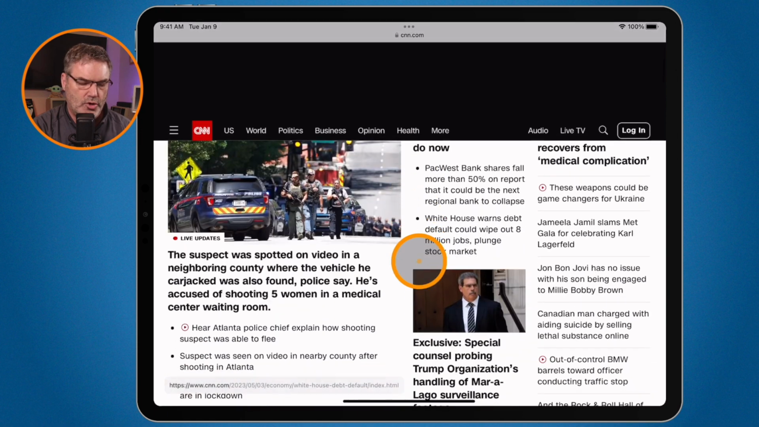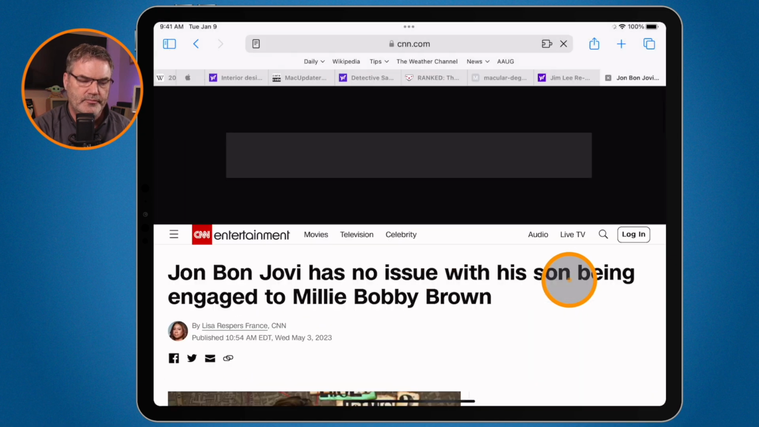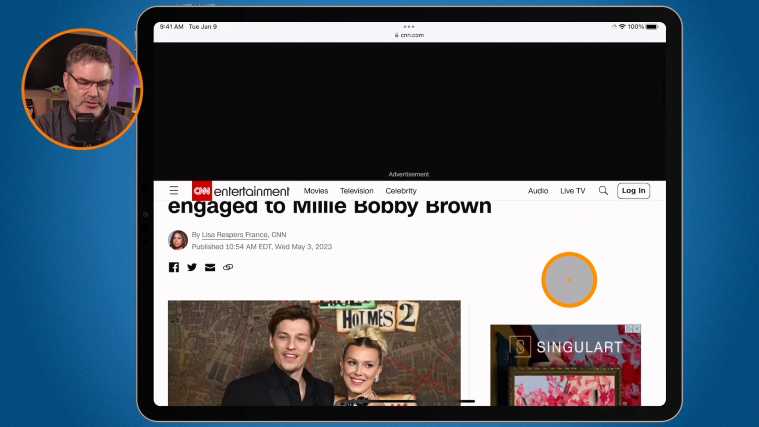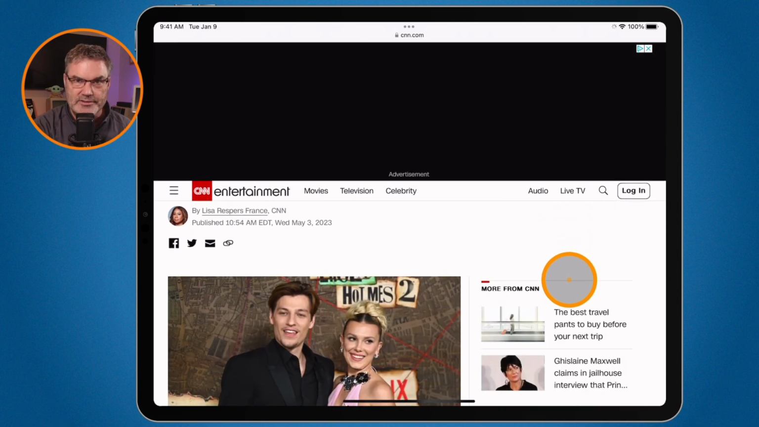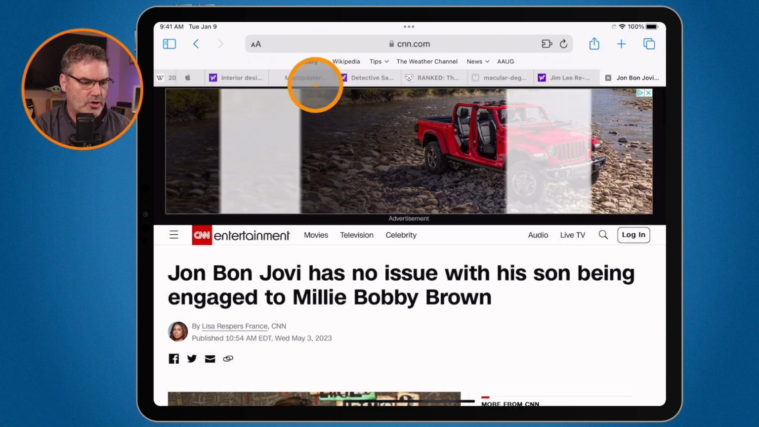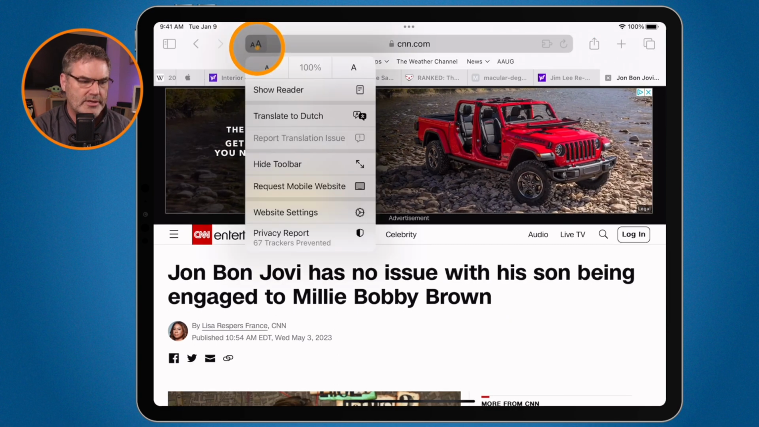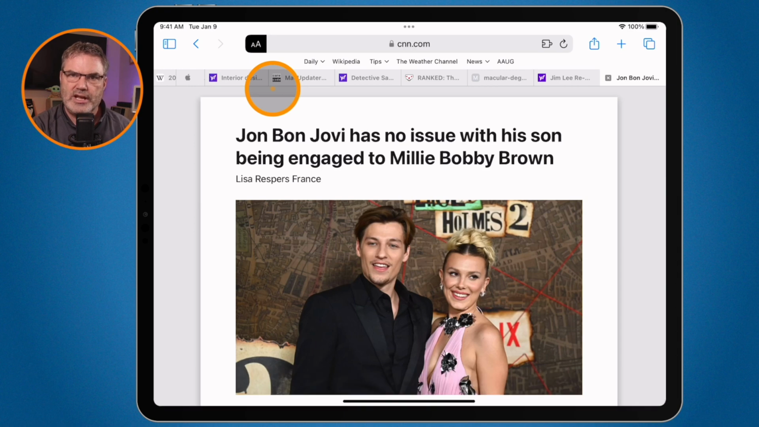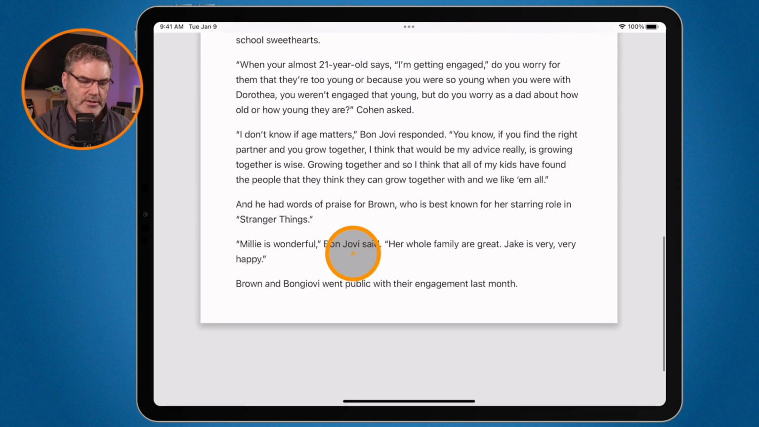And what we're going to do is go over to this article here, and I want to put it in Reader Mode. You can see that there's not a lot of space here to read this article because it's full of ads. So now what I do is I just go up to the top here, go to our double A's, and I go to Show Reader. Now, being that CNN does not use that Story Continues, what we're able to do is just read this article,